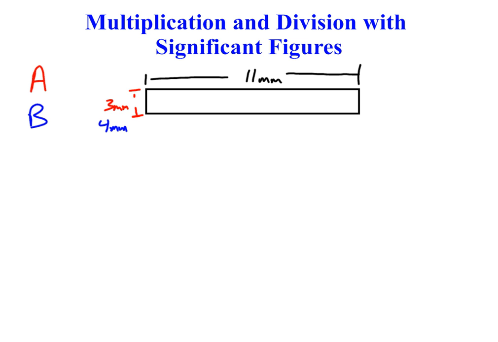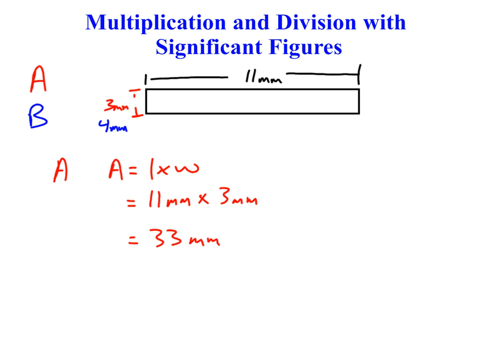So if we look at student A, the area would be equal to length times width. Length is 11 millimeters times a width of 3 millimeters, and we would get an area of 33 millimeters squared. If we look at student B, area again, length times width, 11 millimeters times 4 millimeters, and now we have 44